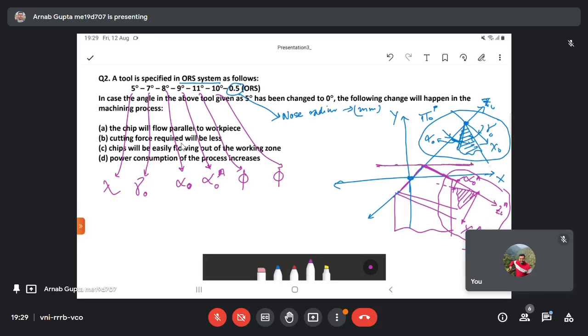So suppose this is the X direction on the base plane. This blue color that I have drawn here, this entire thing is the base plane. On the base plane, if you visualize the tool, this particular angle that the principal cutting edge makes with the longitudinal axis, this is not actually the principal cutting edge. It is the projection of the principal cutting edge on the base plane. So the angle that it makes with the longitudinal direction